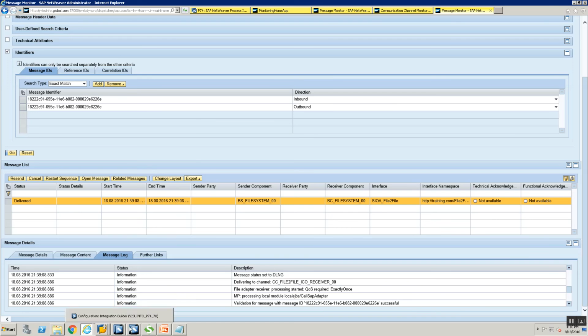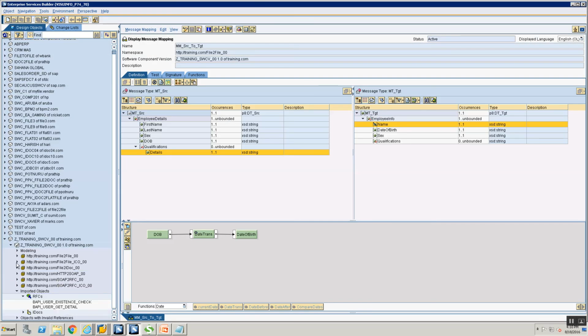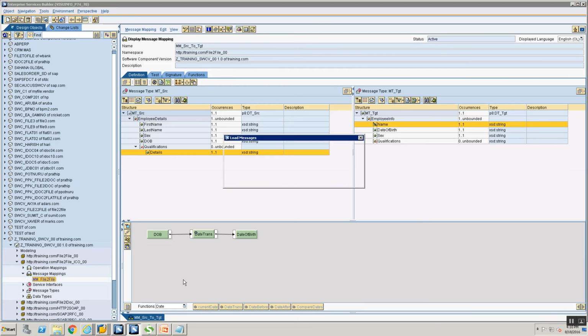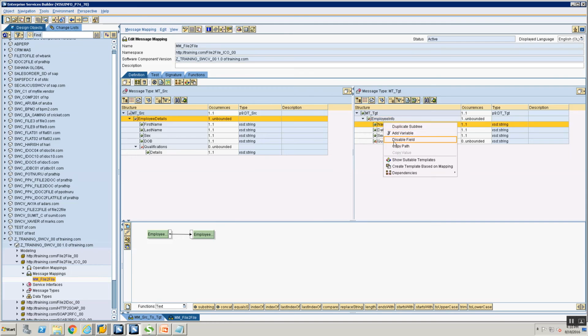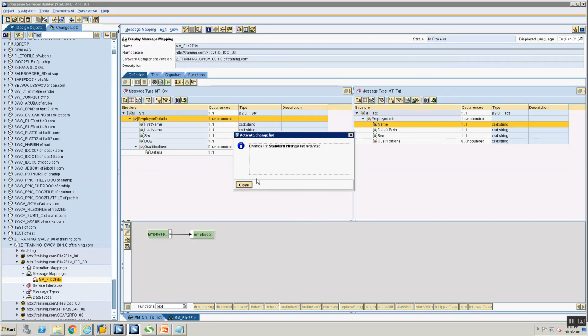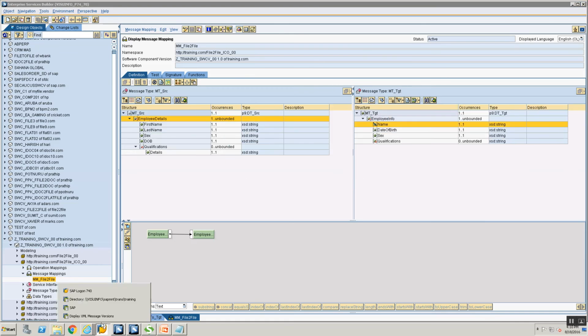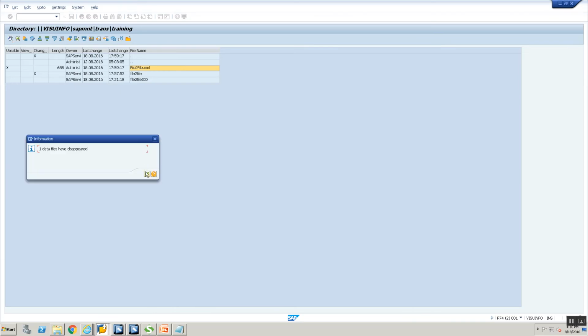Right? Now let's go in and change the mapping. The same thing that we did in our enterprise service repository for the file to file scenario, file to file ICO, message mapping, disable the name field. Okay, I've disabled the name field. I'm saving my mapping, and I'm going to go in and activate my mapping. And now that I've activated my mapping, I'm going into my directory, refreshing. There should be no file. Yes,